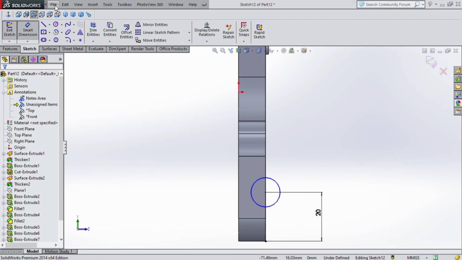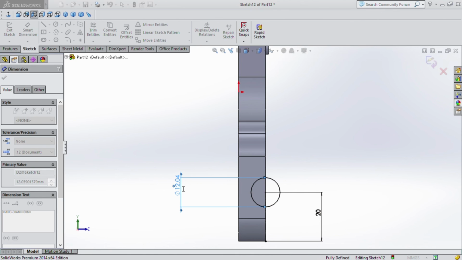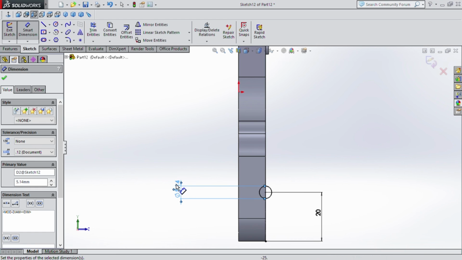Okay, smart dimension, our circle should be 5,14. Okay,